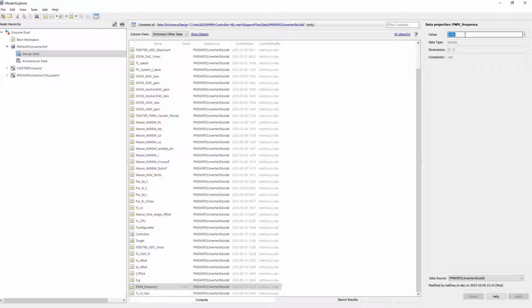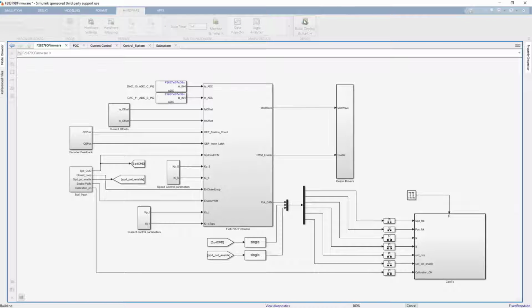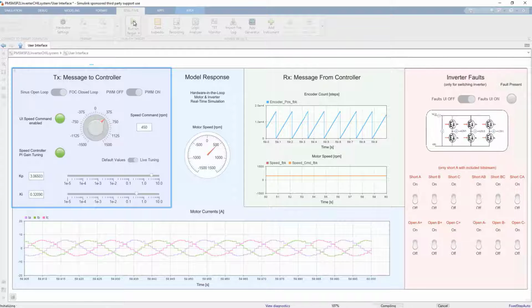We choose to increase up to 20 kHz as the MOSFETs of our inverter and the PWM generation of the TI Launchpad allows it. We need to rebuild the code for the controller, as this parameter is hard-coded in the firmware. We'll restart the simulation and get back to our oscilloscope.